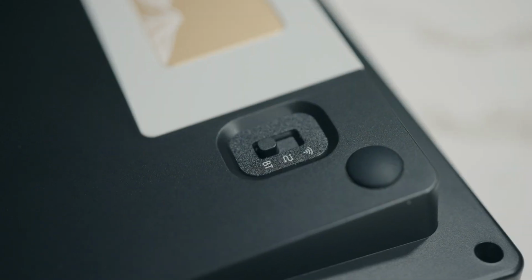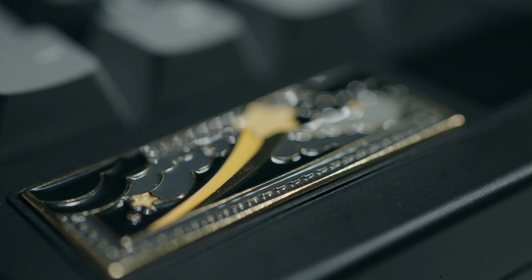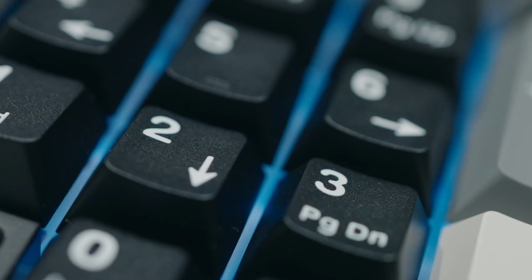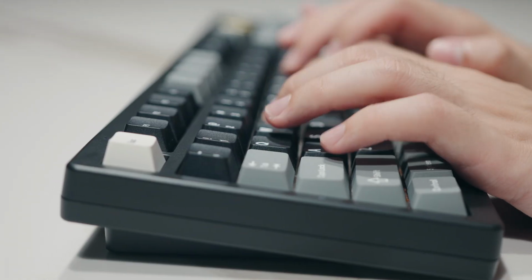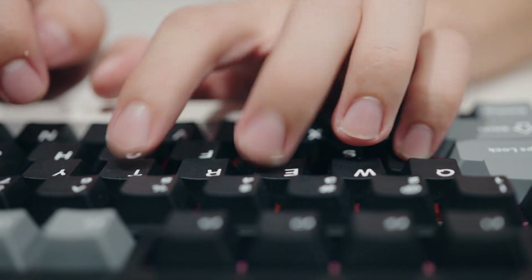There's a switch on the back to flip between modes, and that 2.4 GHz dongle is tucked away under the front badge, which is pretty smart. Battery life is not going to be an issue with 8000 mAh. Even if you're running RGB full blast with heavy use, I'd say it can last a month and more. Turn the RGB off and with light use, you're looking at 6 months easy. I've been using it for about 2 weeks, about 3 to 4 hours a day, and I haven't had to